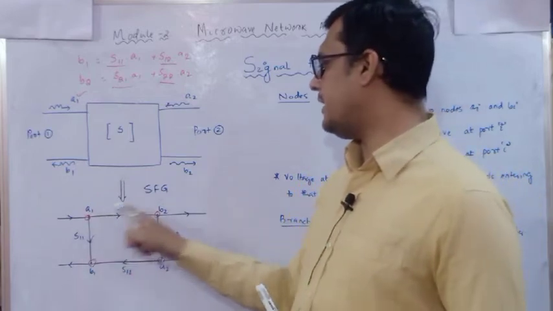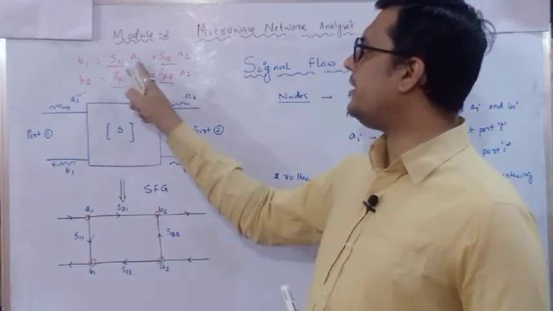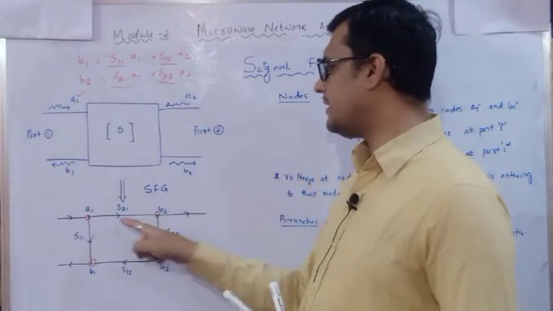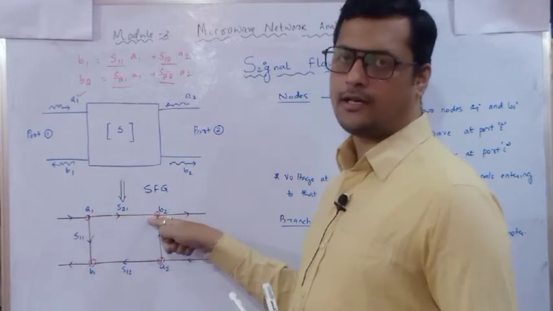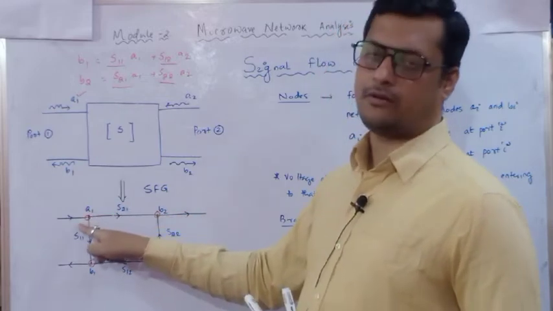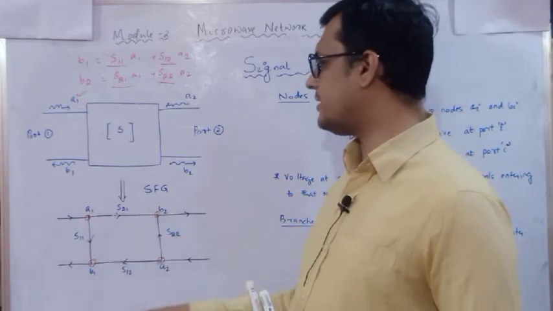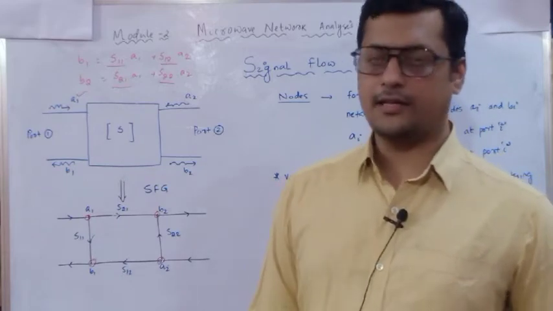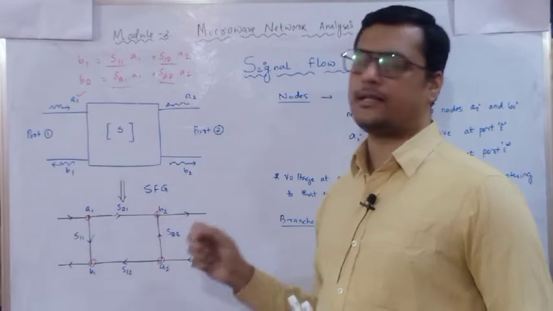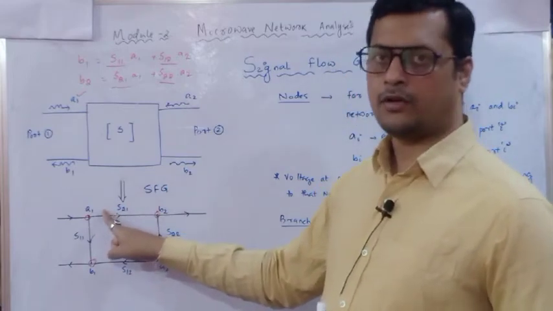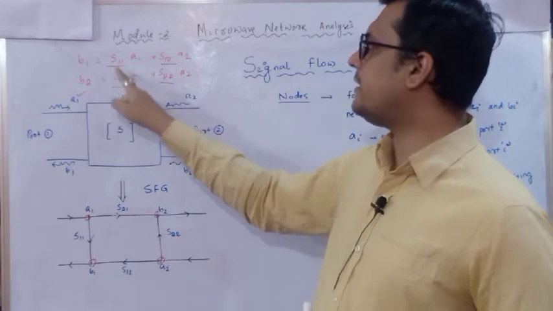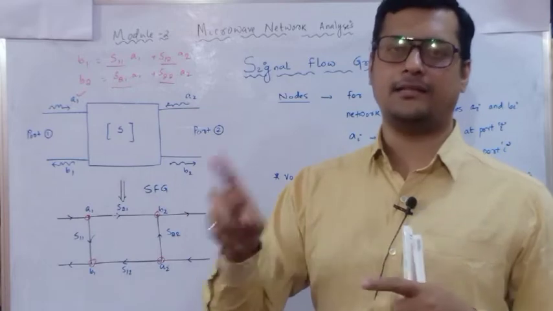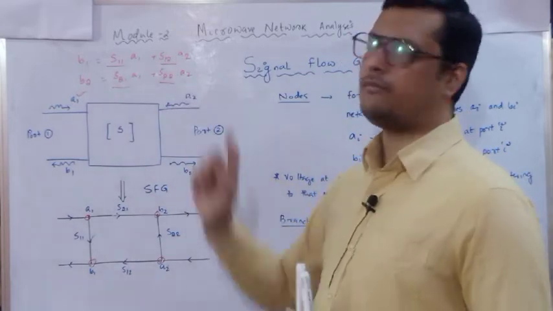So A1 is related with B2. If I form the relation, it is S21. So that means the direction will be in this particular direction. S21 means final with respect to 1. Similarly, first you have to represent that node. According to this relation, we have to represent this one. First A1. A1 is related with respect to S11 and S21. Remember this. So A1 is the node which has 2 branches, one is S11 and one is S21.